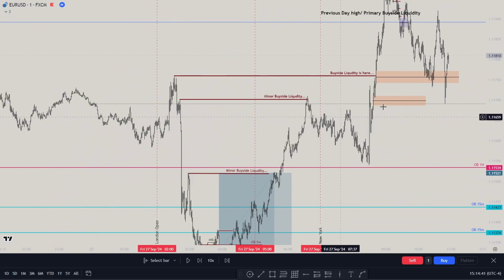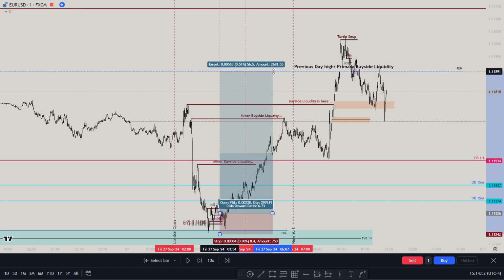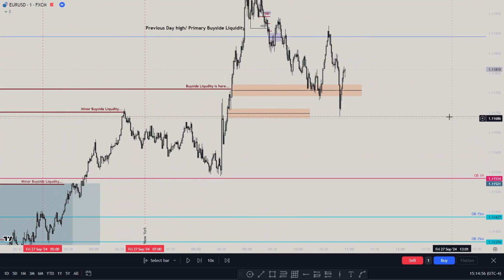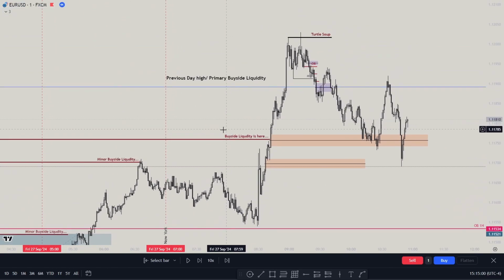But yeah, or what you could have done is 80% partials here, and the rest 20% you could have let it go to the previous day high. So now we're gonna go to the New York session, which is from 7 here, and